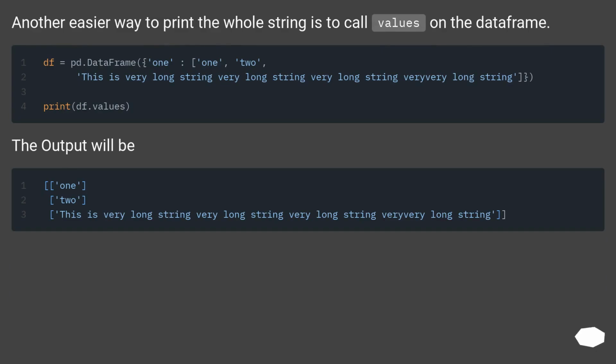Another easier way to print the whole string is to call values on the data frame. The output will be